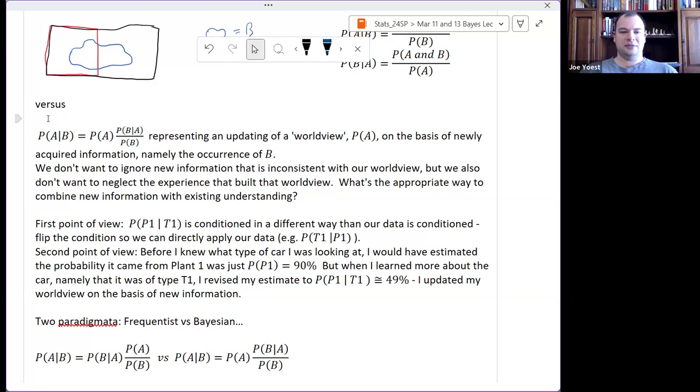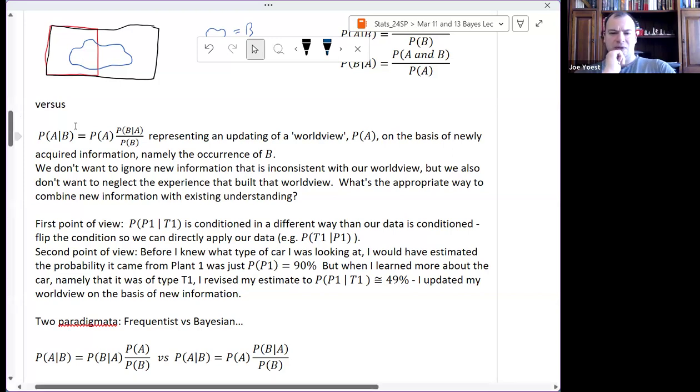I can't experiment 10,000 times and see how it works, or average over 10,000 individual probability experiments like I could with, say, an investment portfolio, where if I make a few bad decisions but mostly good decisions, I get to average over those. I only get one chance and one outcome. So the Bayesian would say, well, this idea of probability represents a worldview.